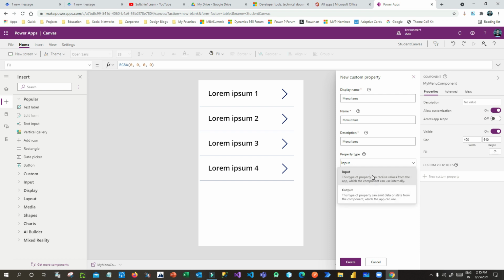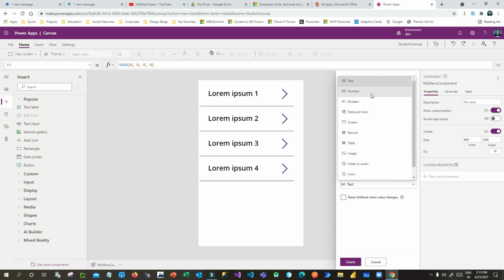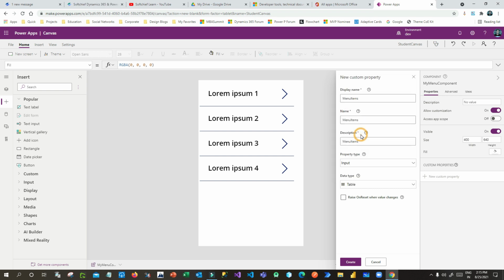I want to define input type first, and once you define the property type, you have to define the data type. You can define text, number, boolean, screen. Let's say I want to define table. So I have defined an input property menu items whose type is table. That means I can assign a table to this control.